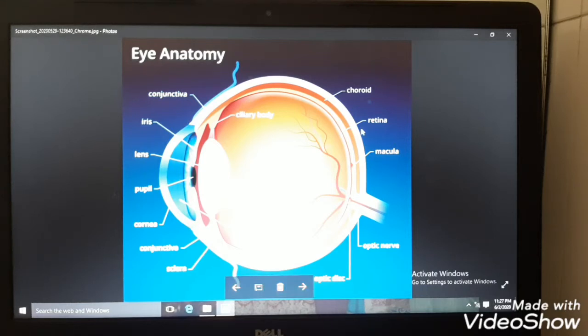Okay, but then how we see the objects upright? Because of our brain. This optic nerve converts these light signals into electrical signals, and then it passes this to our brain, and then brain recognizes the things in its actual form. Okay, then the brain makes a proper image, and then you are able to see the things properly or in its upright form.